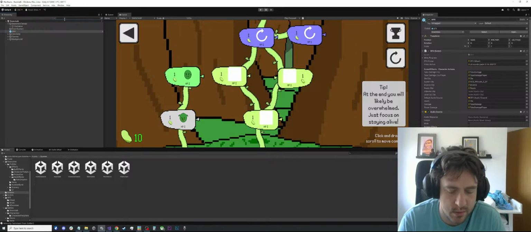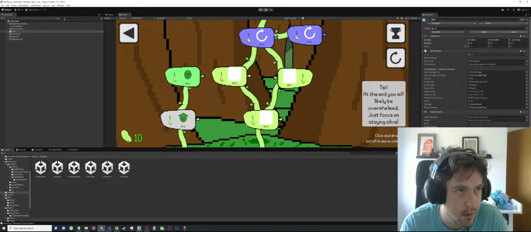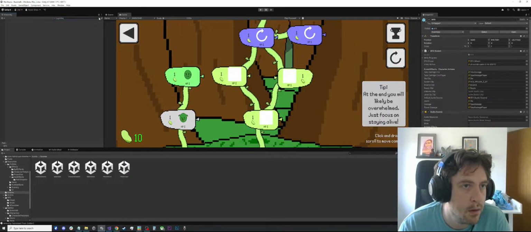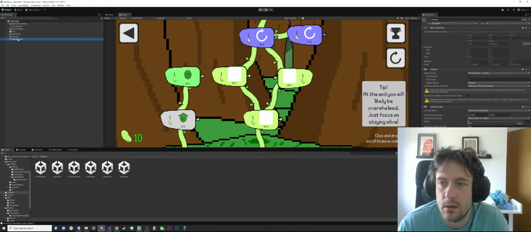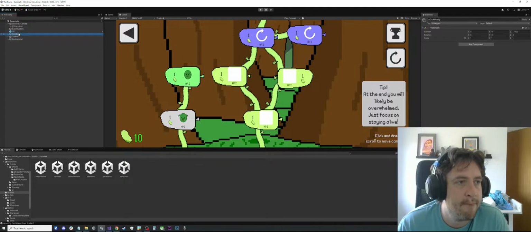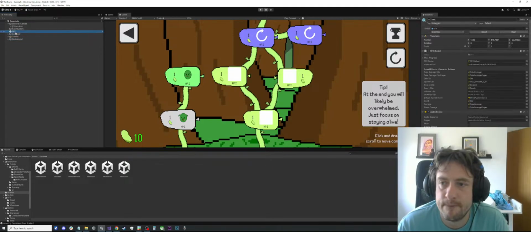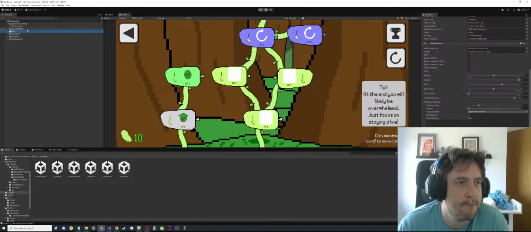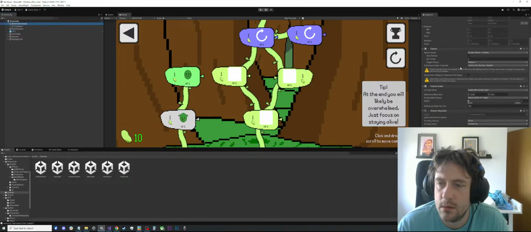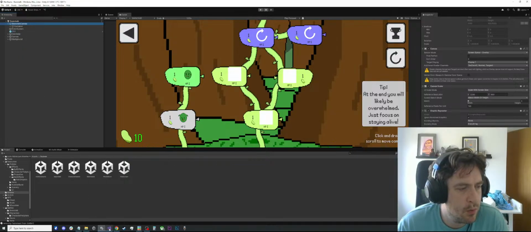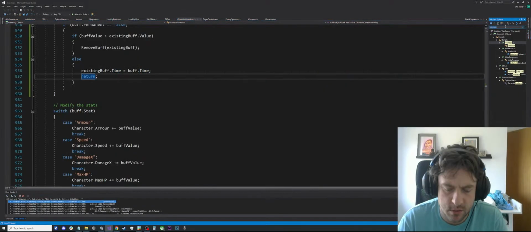We must have it here. Do we not? So when we make a leaf on the beanstalk,